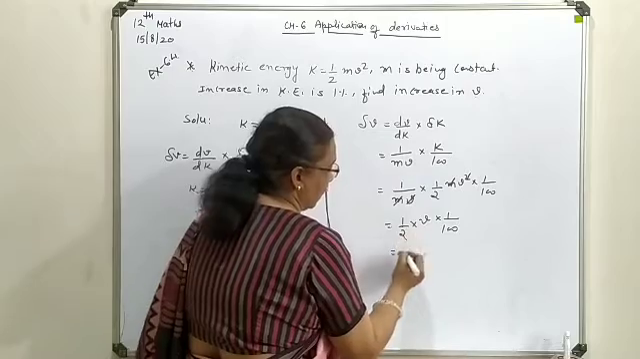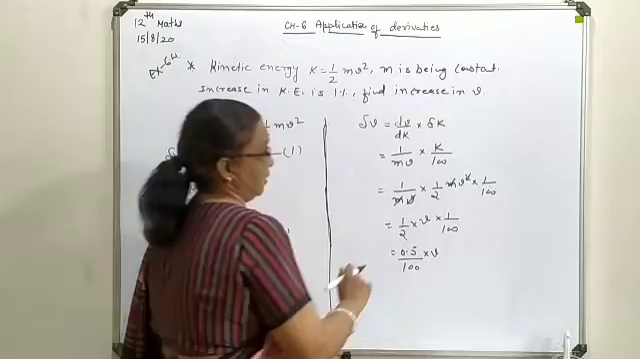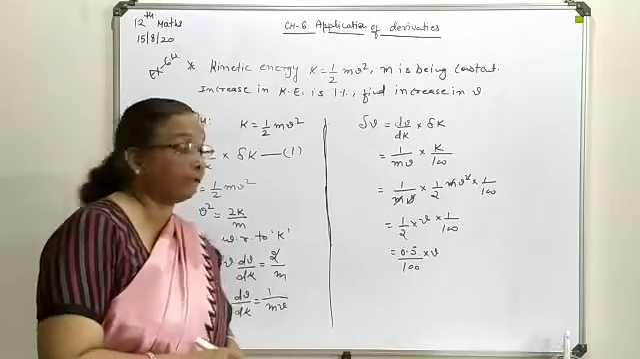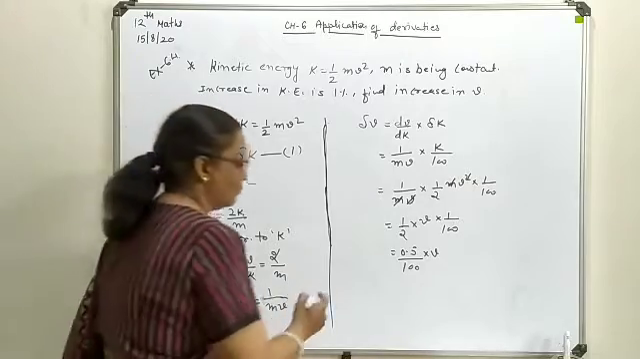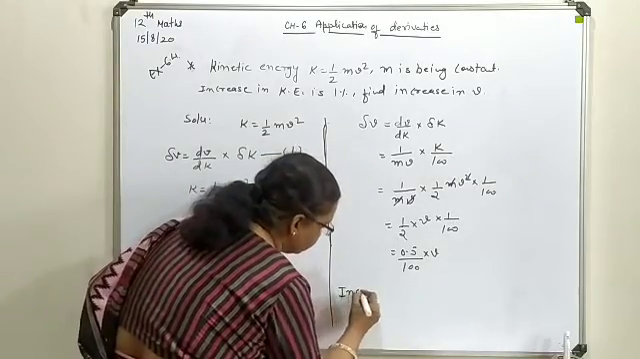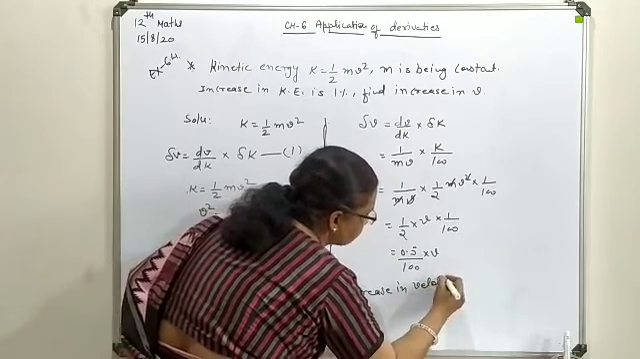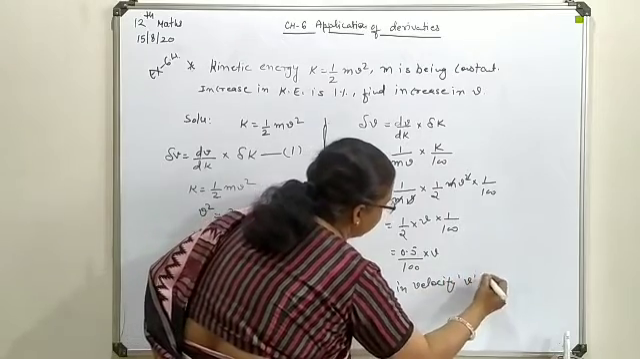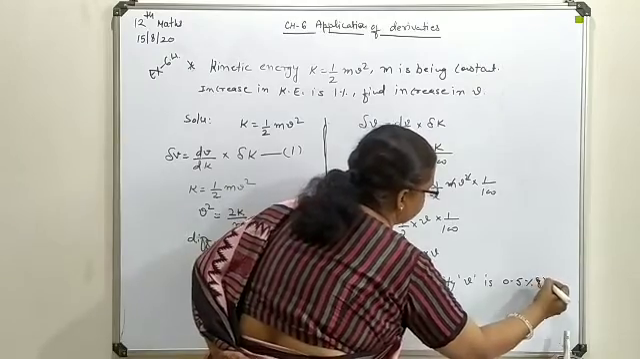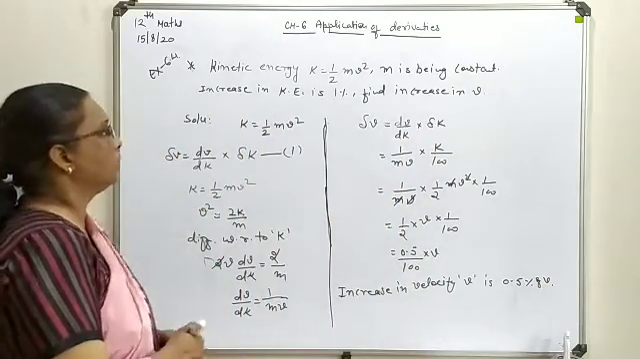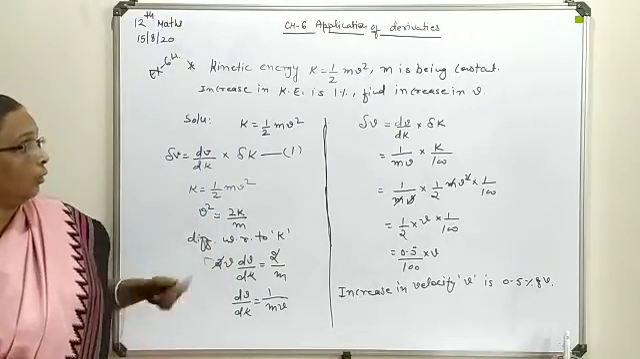This is your 0.5 upon 100 of velocity. So how much increase in the velocity we are having? 0.5% of the original velocity. So here we can say increase in velocity v is 0.5 percentage of v. So this way, this type of application based question also you can solve on basis of